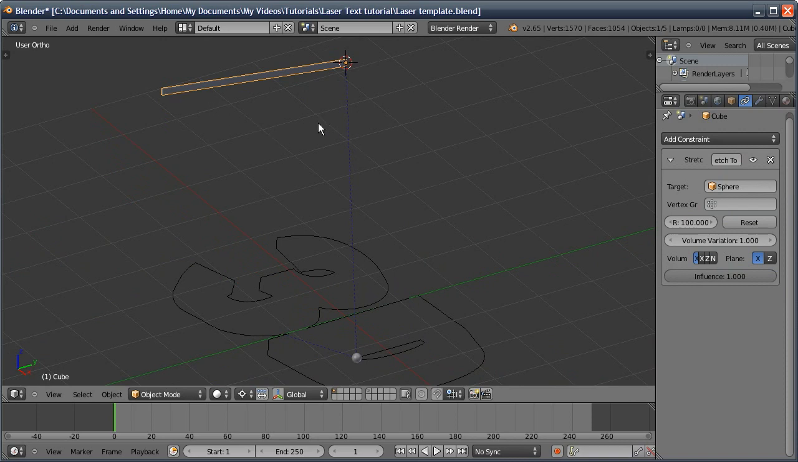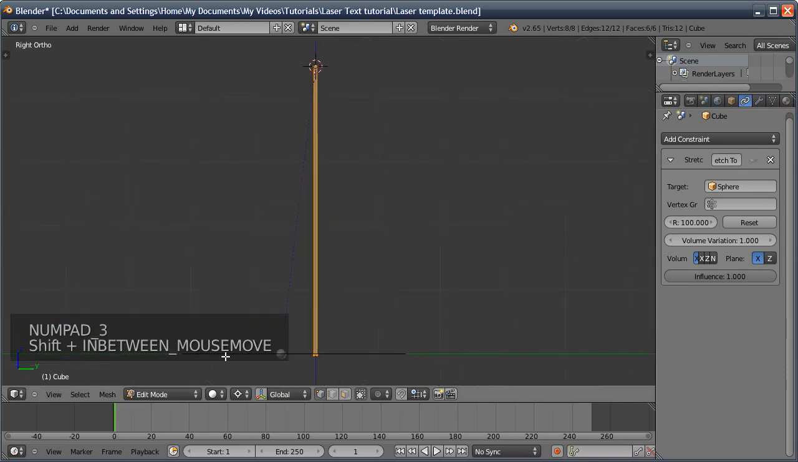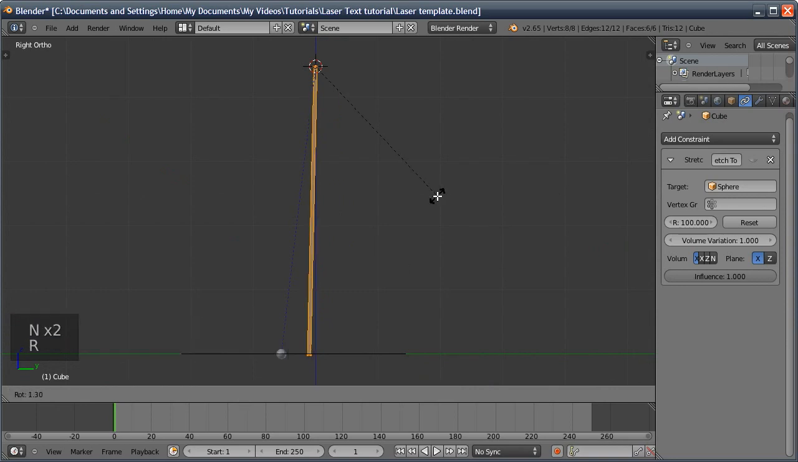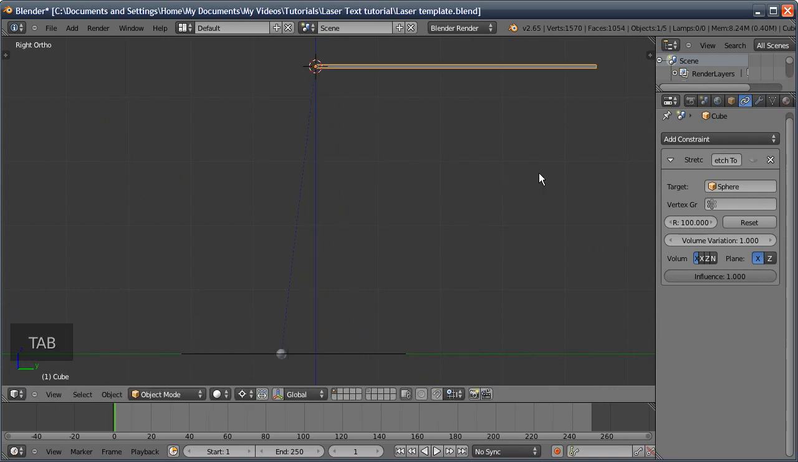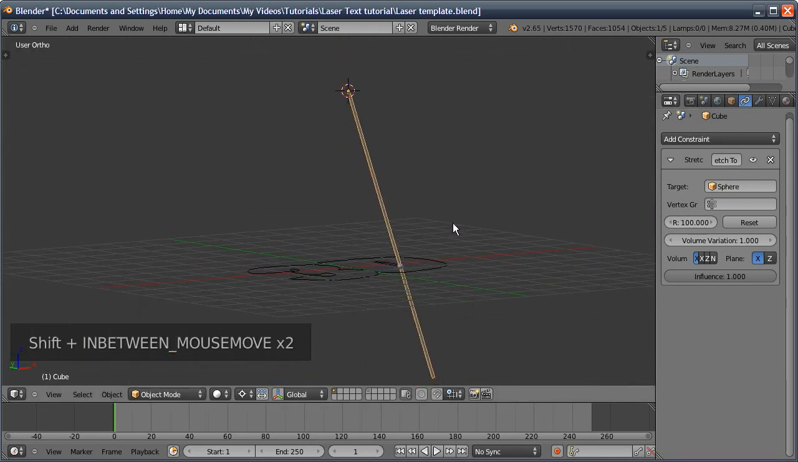And to fix this, we're going to go into edit mode, select everything, turn off the constraint for a second, and rotating around the 3D cursor, we're going to press R and then -90. And then tabbing out of edit mode and re-enabling the stretch, we can see it's working, although it's working